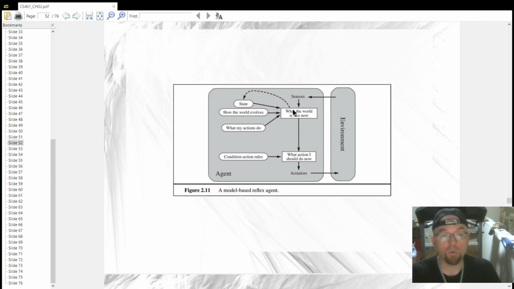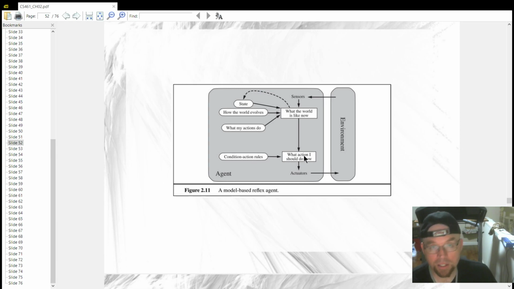Okay. Now, what should I do with that information? What should my action be? What's the state of the world now? How can it change? What can I do? That tells me what the world is kind of like right now. So, based off of that, I apply the condition action rules that I am equipped with, and that's going